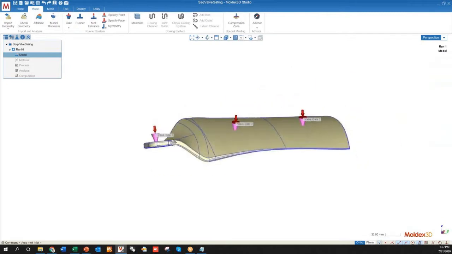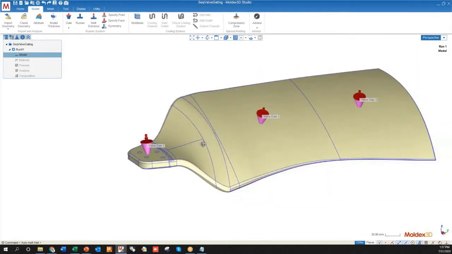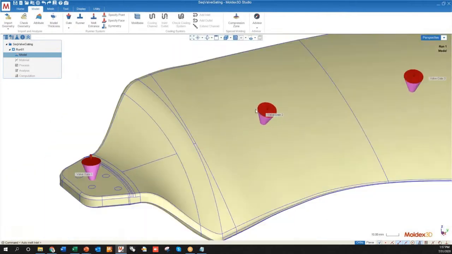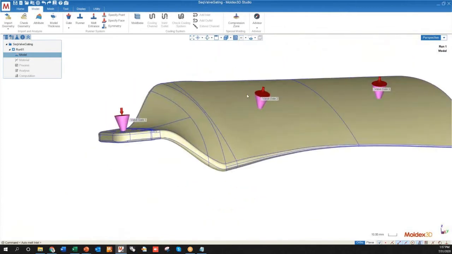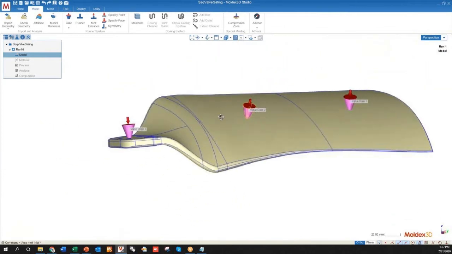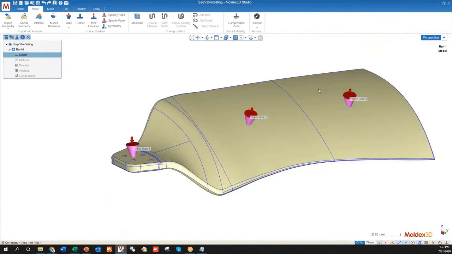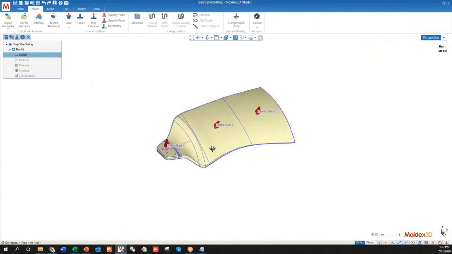So it'll just tell Moldex3D where to start from, and we'll be specifying when the melt front will start using the valve gate IDs here. But each of these gates has to have a starting point. Now, one common question I get about valve gate controls and how we can input them, one